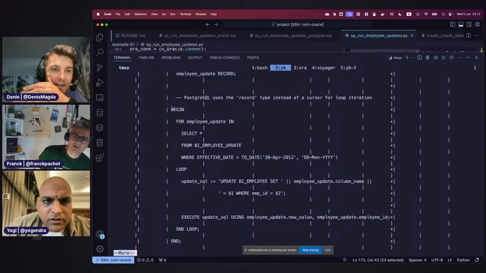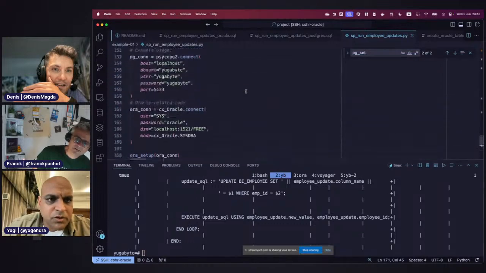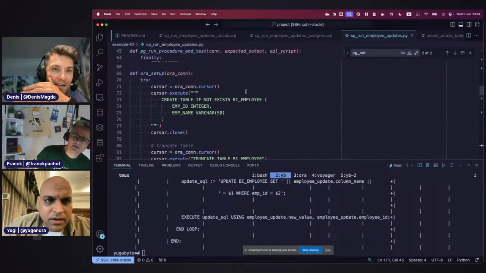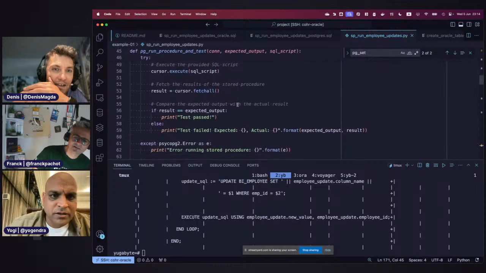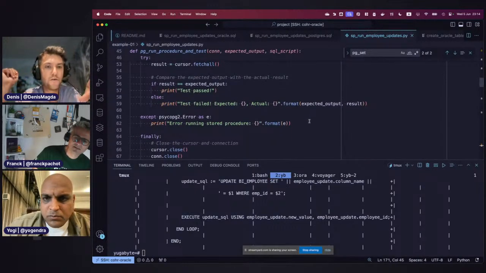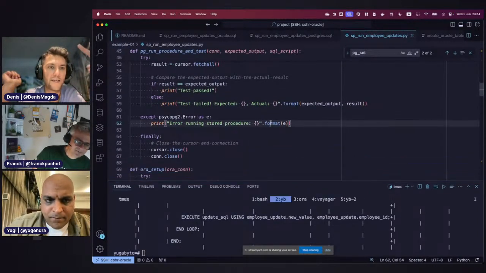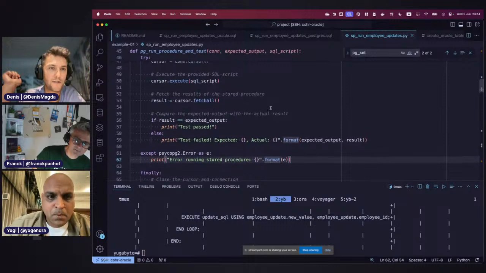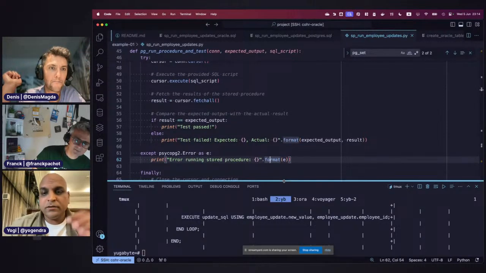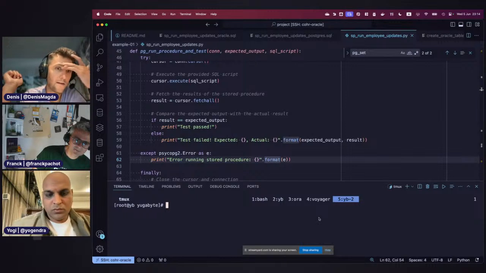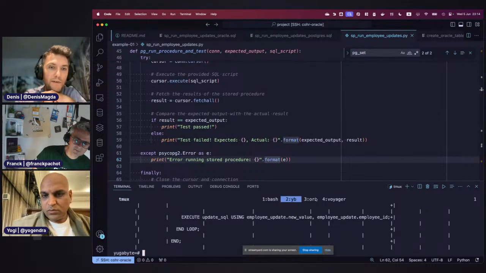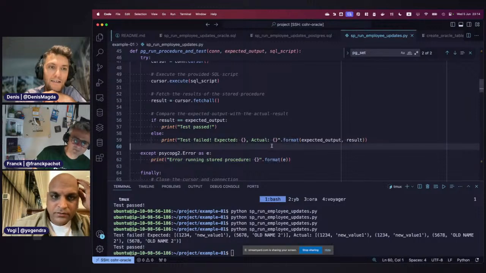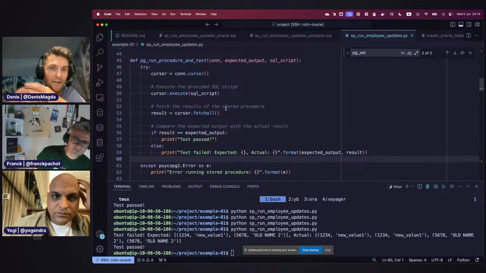This is effective date 30 April 2012. The only thing that might have changed between last I tried and now is something on the setup side. And before you showed us the case when both tests passed, were you connected to the Postgres instance or? Yugabyte. I'm just trying to understand what changed, because when you executed the script for the first time, both tests passed, and then you started, let's say, changing data, etc. Why did you do that?